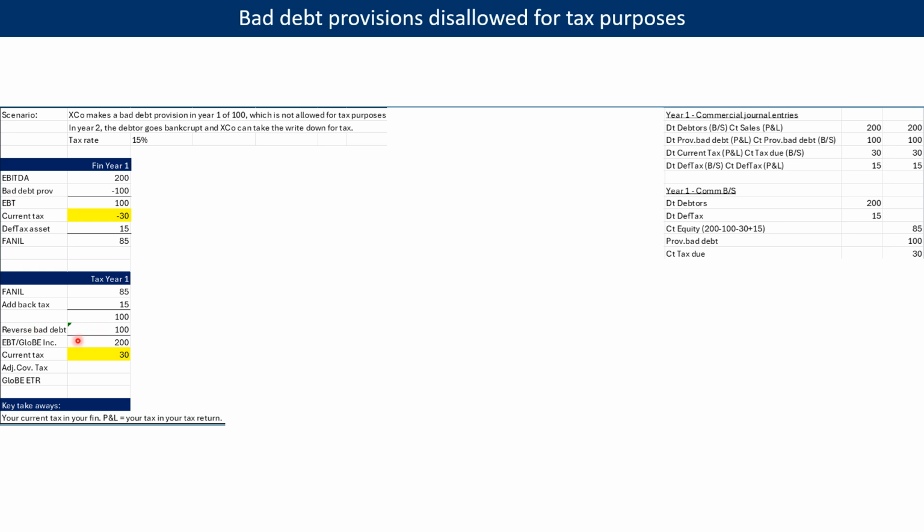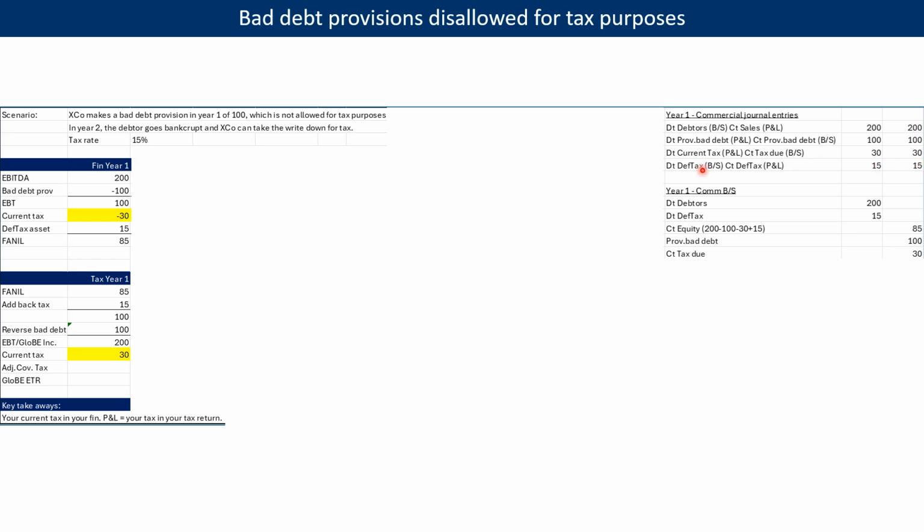And then our current tax on the 200 at 15% will be 30. So we'll put the current tax into the P&L, and we will also book here current tax of 30 in the P&L and 30 tax due in the balance sheet. But we do have a deferred tax asset if ever we get to take this right down, right? And that is for the 100 of the debtors, the bad debt provision. So we will book 15 as a deferred tax asset, and we will run that through the balance sheet as